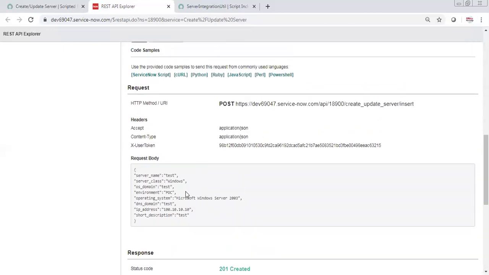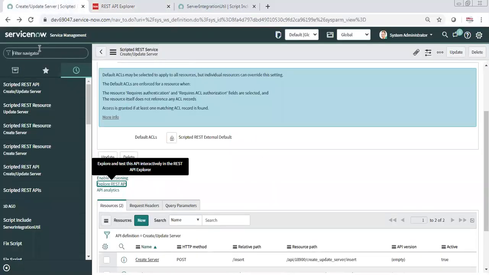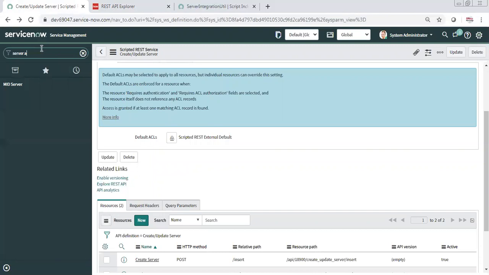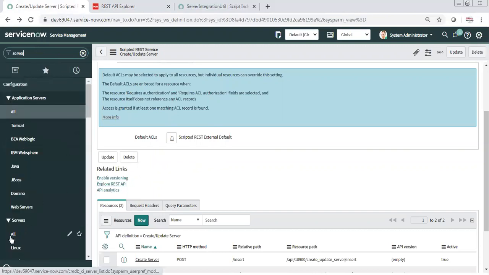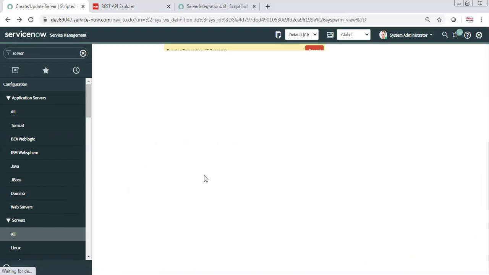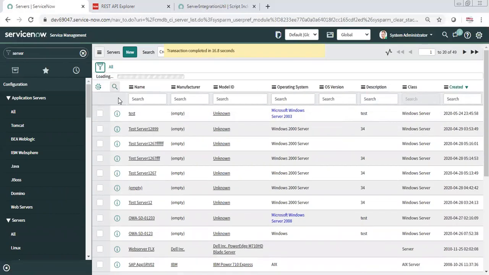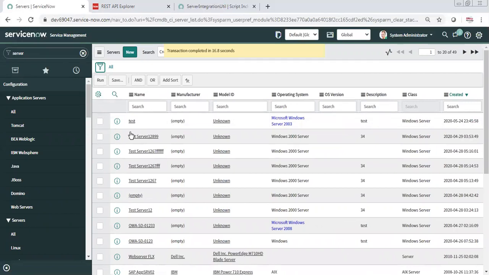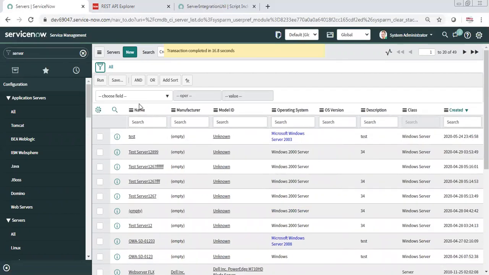So now let's validate. As we sent Windows, it should be in the Windows class, right? So if I go to the server and if I put all, and if I put the SysID, starts with, run.